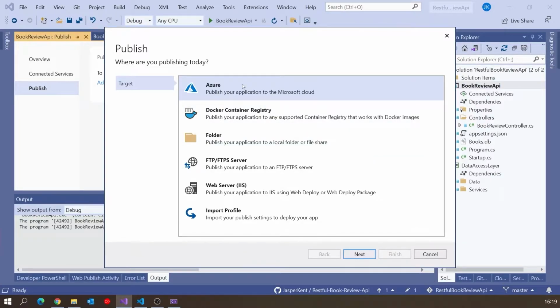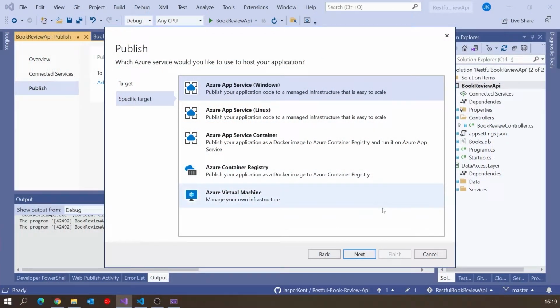So go directly to Azure and we'll make that choice. Now, we're doing something that's useful in small scale situations, publishing directly from Visual Studio. In a real commercial environment, you'd probably want some automated pipeline in something like Azure DevOps to do this. You wouldn't do it on a one-off basis. But as I say, lots of ways to do this. This is going to be just the very basics of what we can do.